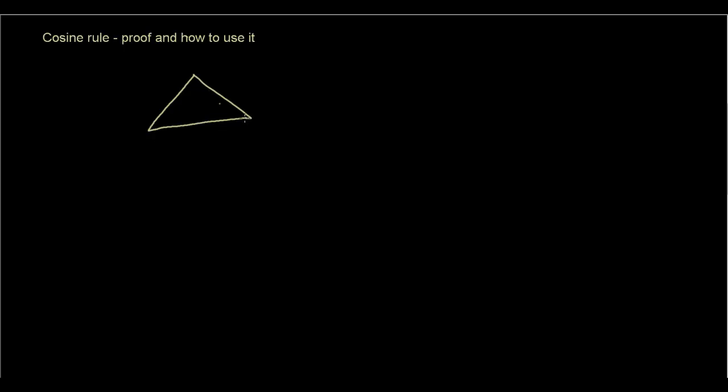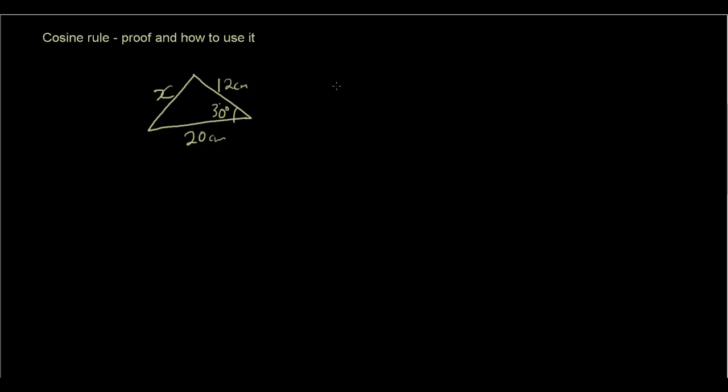So let's discuss a case where I have a triangle and I have two of the sides. So let's say that's 12 centimeters and this is 20 centimeters, and this angle here is, let's say, 30 degrees. Now I know that you guys are already able to find the area of this triangle using the rule that we proved last lesson, but if the question was to find side length of x, you actually can't use the